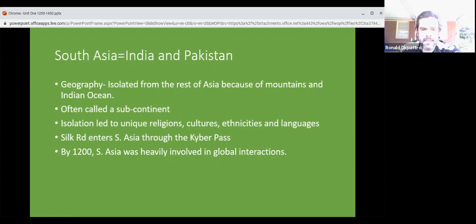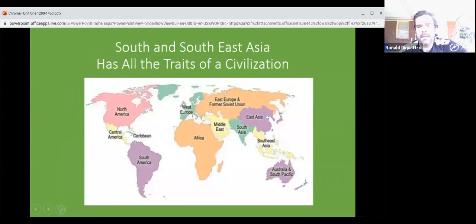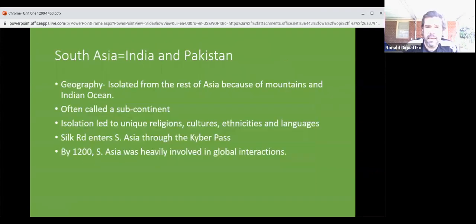So if I go back a slide, if you're in South Asia and you're right here, you might only be 20 miles away from East Asia as the crow flies. Between you and East Asia is an enormously large, tall, completely impassable mountain range. So even though you might be 20 miles away as the crow flies, in reality, you are thousands and thousands of miles away from East Asia as far as being able to effectively travel it.